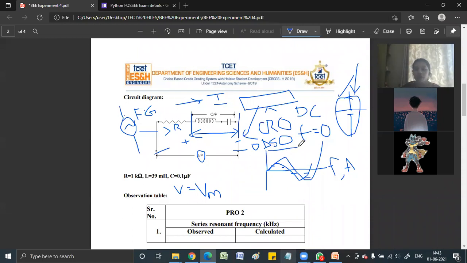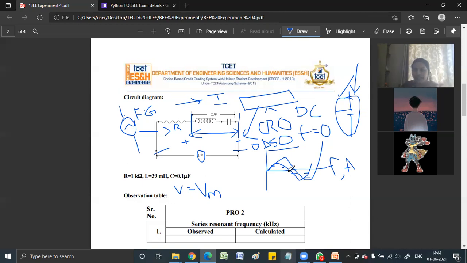So we are going to use an oscilloscope. What is an oscilloscope? An oscilloscope is an output device which is used to display signals. Whichever signals you want to display, AC signal or DC signal, you can display. If you want to see an AC waveform over here, instead of going for a multimeter, your DMM, practically a normal DMM that you buy from the market, you'll be able to even calculate the RMS value of the current and all.